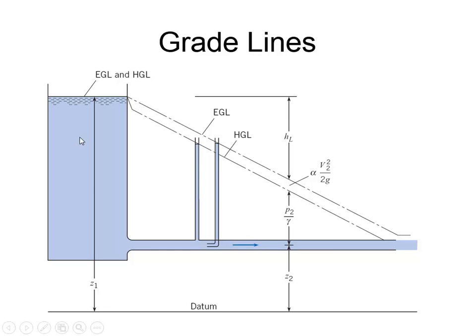Now there's this little location here. See that line where the HGL is dropping down? What that is expressing is the fact that when the water is to the left of the opening, it's got a little bit more pressure than when it's on the right of the opening. There's some energy lost as the water is entering the pipe. As the water gets sucked into the pipe, there's a little bit of a pressure loss,